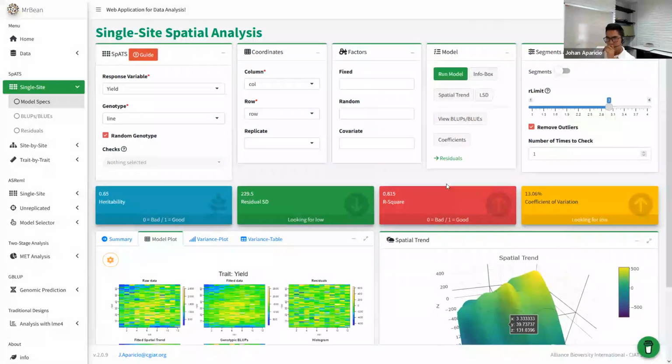Now that we have removed that data point, look at this. Now we got a good heritability, 0.65, and the residual standard error. Now we got everything quite good. But just to make sure that we understand a little bit about the damage that one single observation can cause,